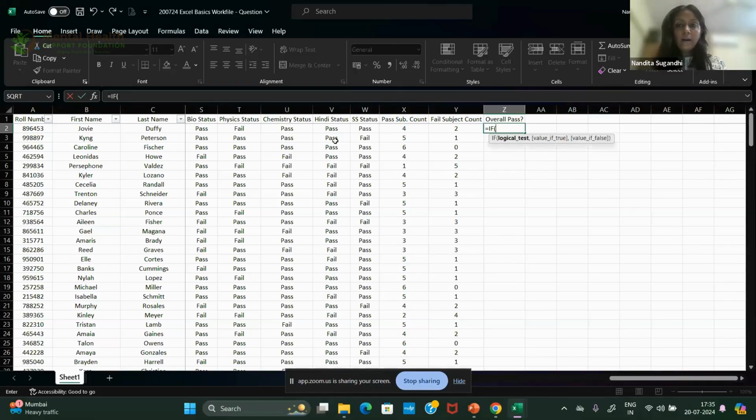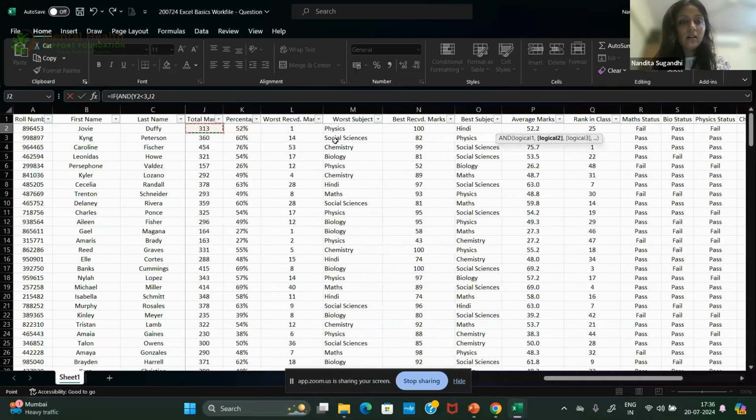So I will put the logical test IF AND, which means both of these have to be true. My first condition is whatever is in column Y for that row has to be less than 3, and whatever is in the percentage has to be greater than 59%. If this is true, then it is a pass.